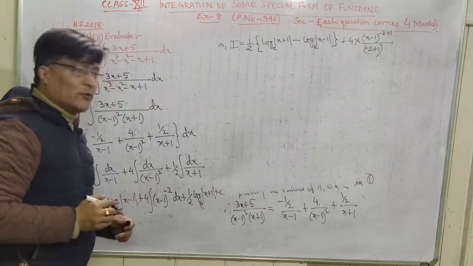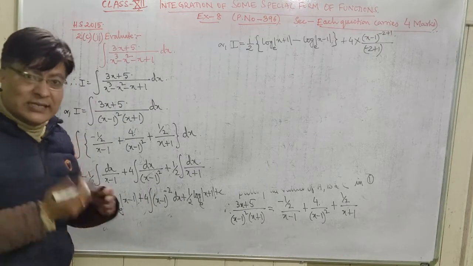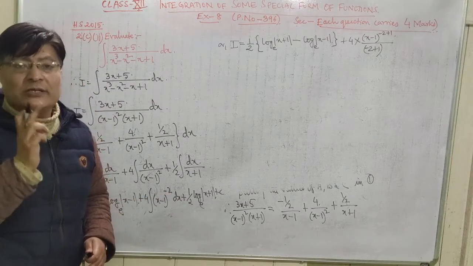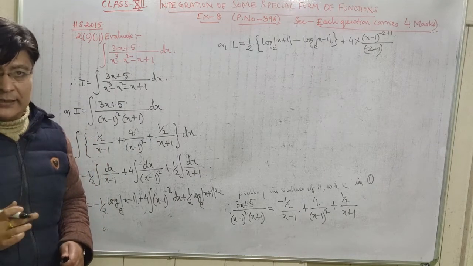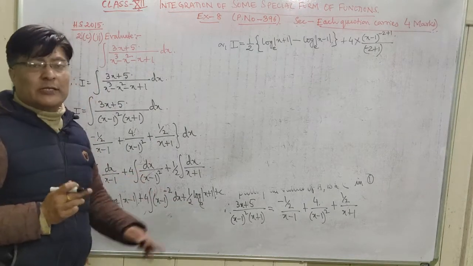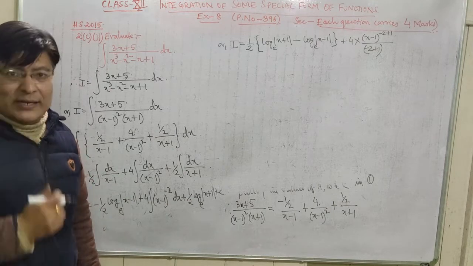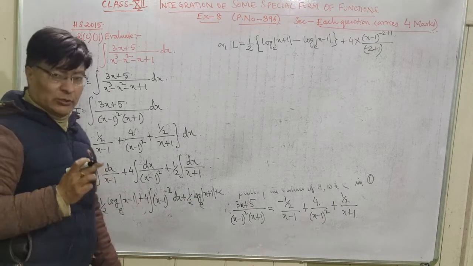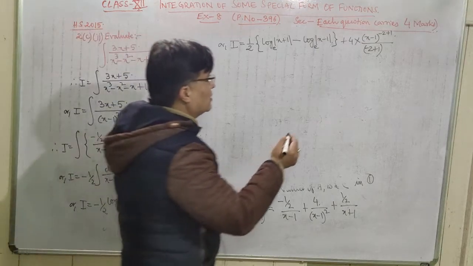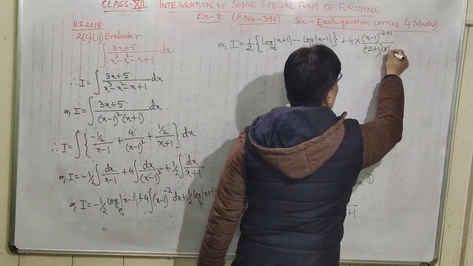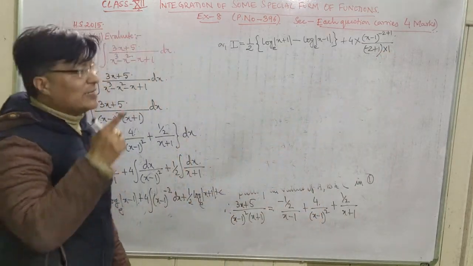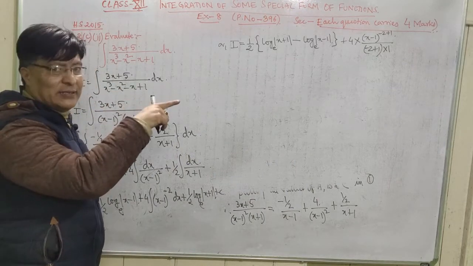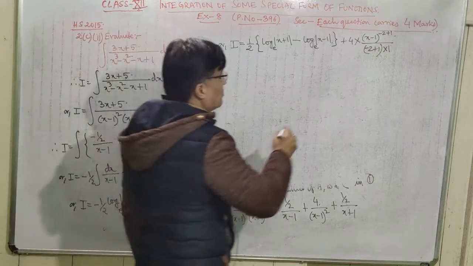Actually, which term was taken as x to integrate it? x minus 1 is taken as x. That function is also to be differentiated. So what is the differentiation of x minus 1 with respect to x? That is 1. Differentiation of x is 1, minus, and the differentiation of 1 is 0. So 1 minus 0 is 1. So it should be divided by the differentiation of x minus 1, that is 1. Since it is 1, you don't have to write it, or you may write it, okay. Then what do we write? Plus c,